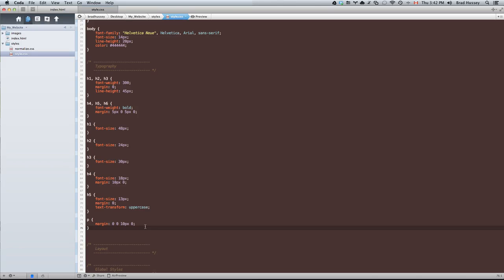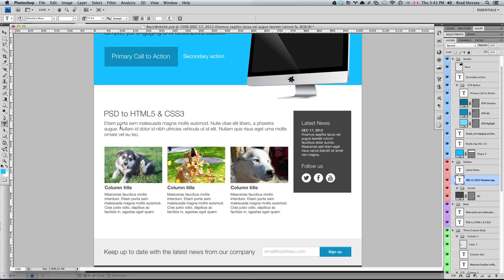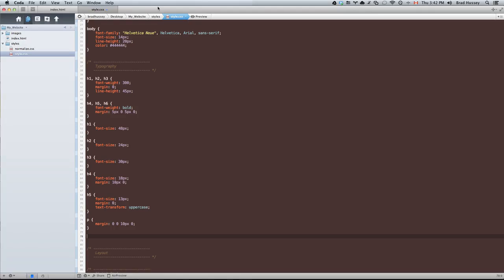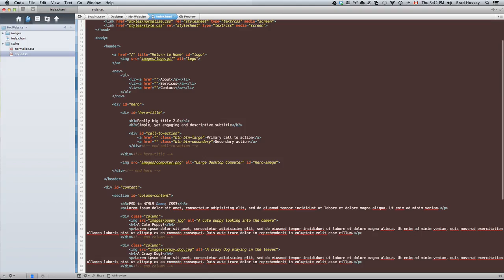Now we have an alternate version of that paragraph tag right here in our design. You can see that this is still a paragraph tag, but it's bigger. It's a different style than the rest of the paragraphs. So what we want to do is go back to our HTML, and we want to find that paragraph tag, which is right here, and let's give that paragraph the class of lead,